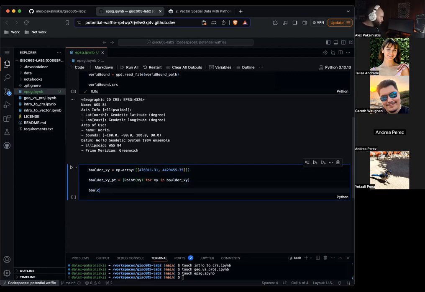Now let's do boulder_gdf equals gpd.GeoDataFrame boulder_xy_pt, columns equals geometry, crs equals init EPSG 2957.